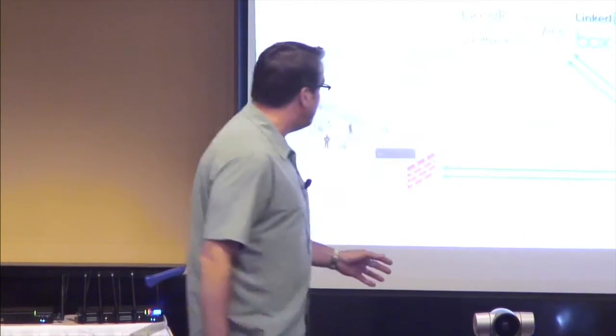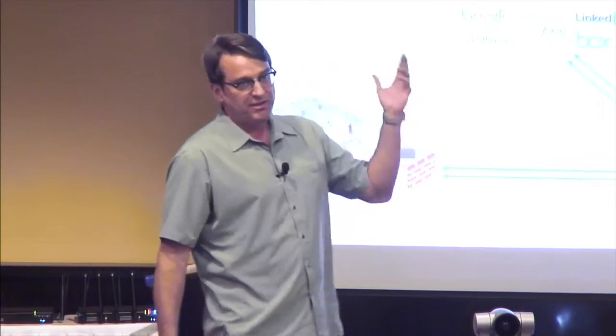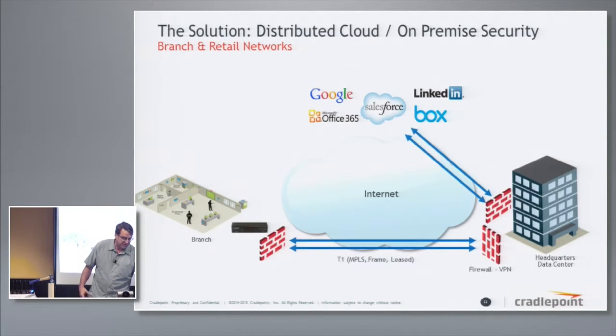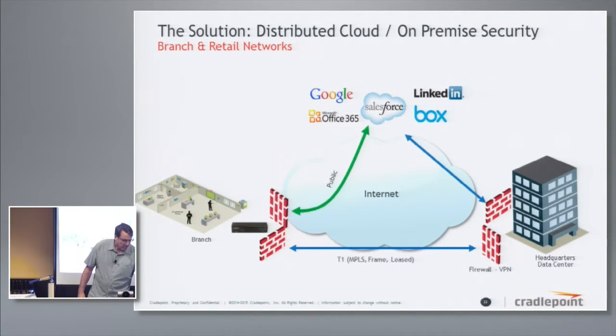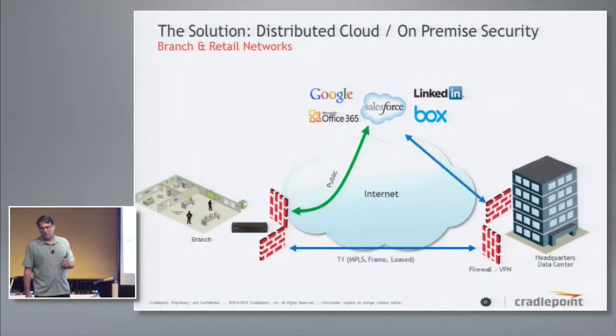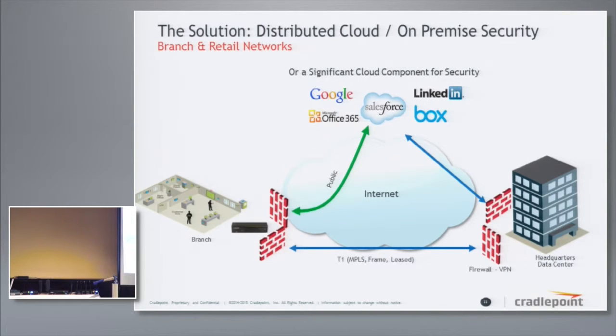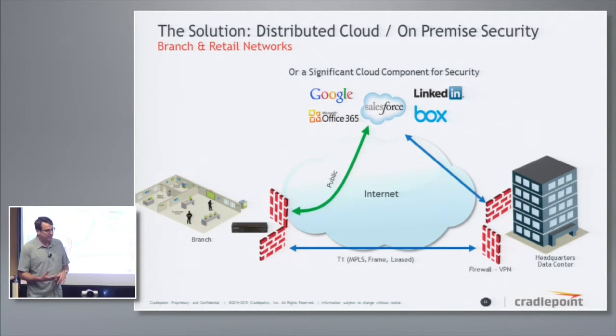Dance steps. So you guys have all seen this, and when you have 1,000 locations, these VPN tunnels get hammered quite a bit, as well as all the appliances and security controls that are in the data center. And what we've seen a lot of our customers do is actually migrate to where they actually split tunnel public internet traffic off directly from the branch. And when you do that, you also expose yourself in some ways. And so for us, there were a couple of options. One is you can put all those appliances out at the edge, like we talked about, or you can do what most of our customers do and what we're talking about, which is you have a significant cloud component for